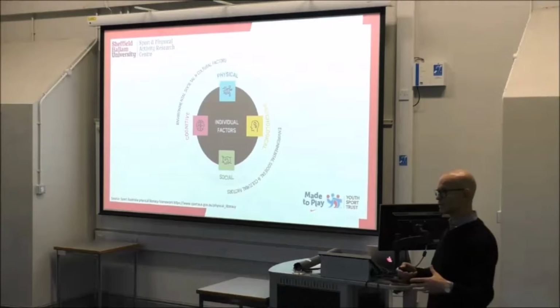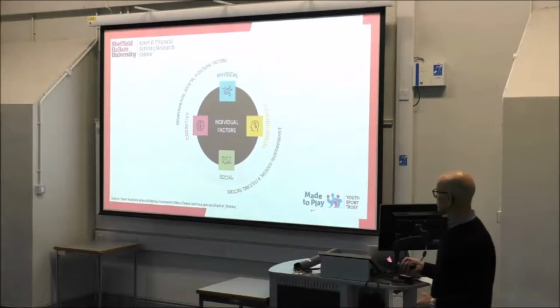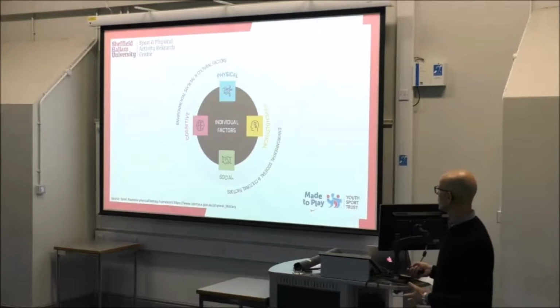It's losing probably some of the original focus that maybe Margaret Whitehead talked about in the way that it's coming through, but ultimately it's dropping into these 4 different elements of a child's development. Okay? What I'm particularly interested in is the physical dimension of that. We've got a randomised control trial starting in January across 4 of these countries, and we are going to be touching on some of these other aspects, but ultimately for this presentation I'm going to show you what we've done